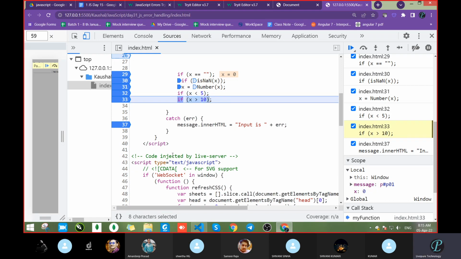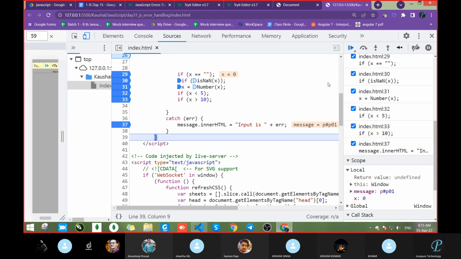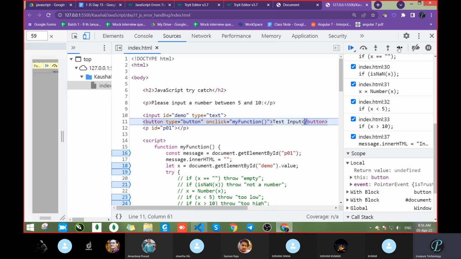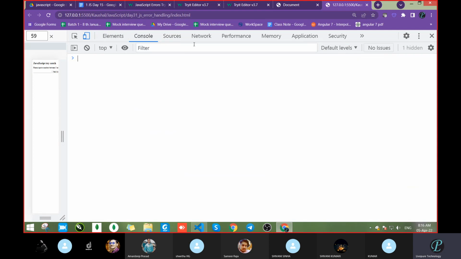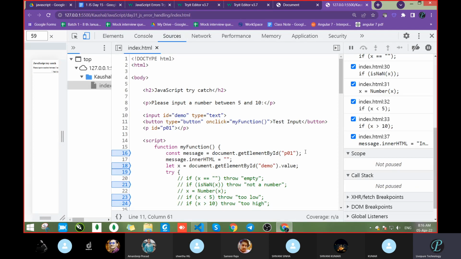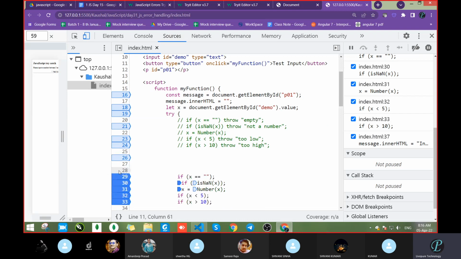This condition becomes false, but we're not telling it to stop or do anything. It does not even enter the catch block, because we had not written anything there, like a message showing where the output should go. That's why we did not get any error, and we did not get any output either, because we had not handled the output section. Got it?